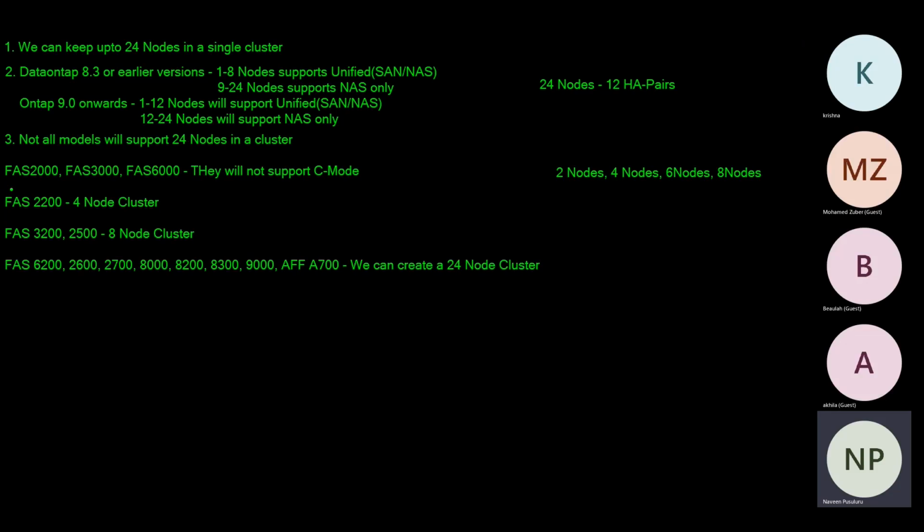Okay, this is how. So you don't need to remember all these things. We have a portal, a website, where we can get all these details. I'll show you after we complete the theory. You don't need to learn this by heart. If it is a 2200, then it will support only 4 nodes. We can find this information. Okay. Next thing,